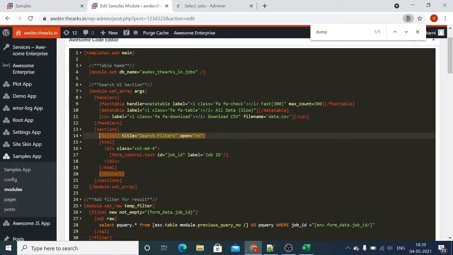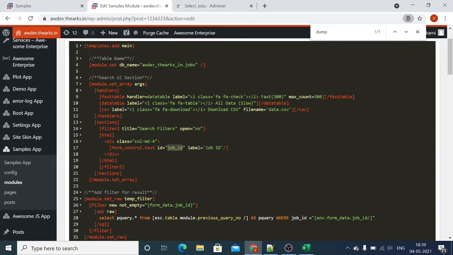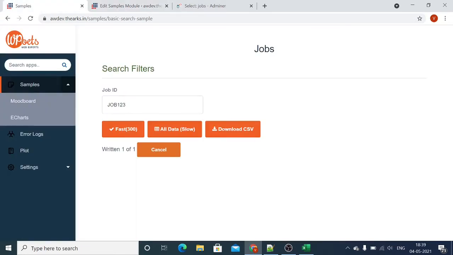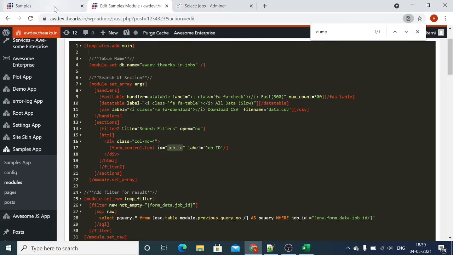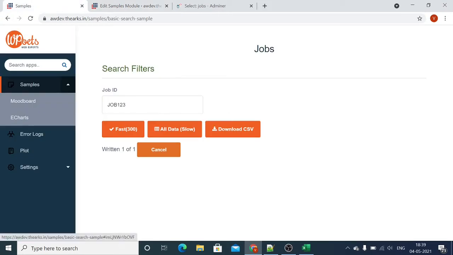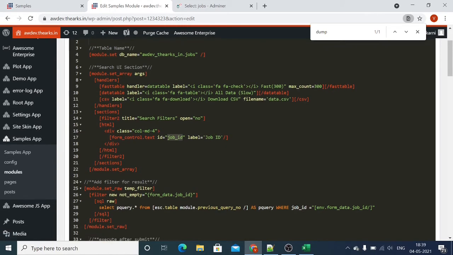In this we are using the form control text with ID job ID. This gives us this text box in our search filter. On this basis we will filter our record.